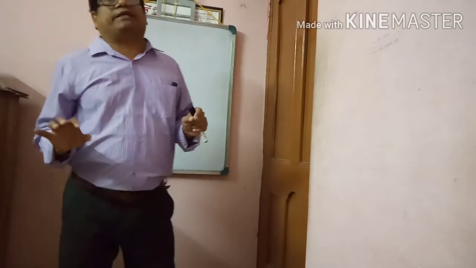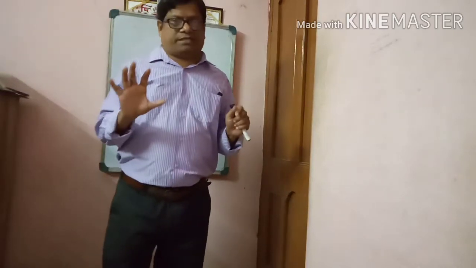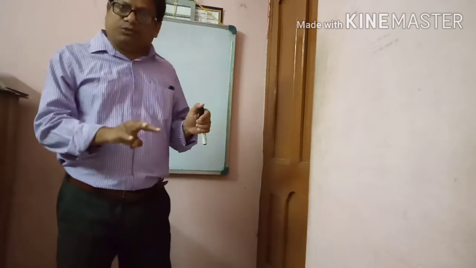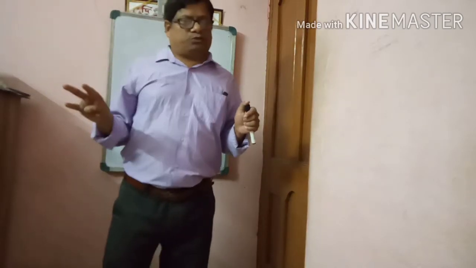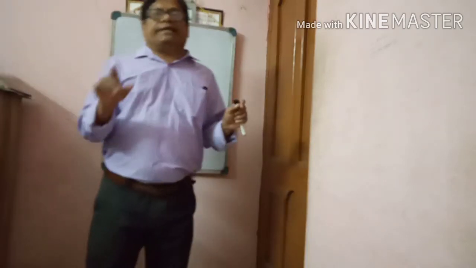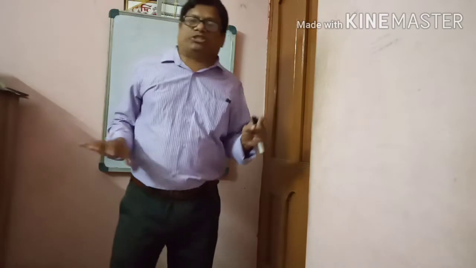Here the value of x will be x equal to minus b plus minus root under b square minus 4ac by 2a. By using this formula we will find the value of x. Another method is the factorization method. So two methods are there: one is the factorization method, another is the formula method. And here b square minus 4ac is the discriminant.